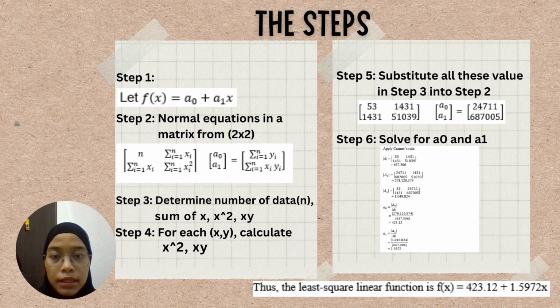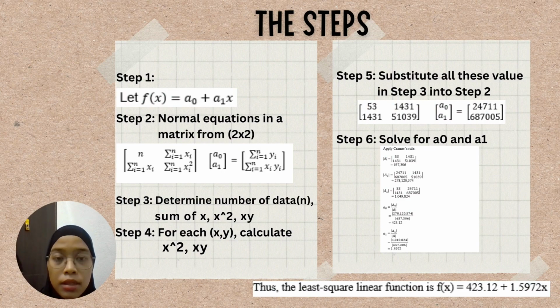Step 3 is to determine the number of data and the summation of x, summation of x squared, summation of y, and summation of xy. Step 4, for each x and y, calculate the summation of x squared and summation of xy. Step 5 is to substitute all these values in step 3 into step 2, and we will get n equals